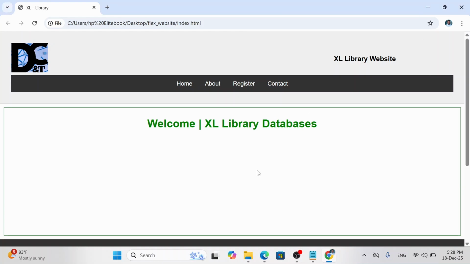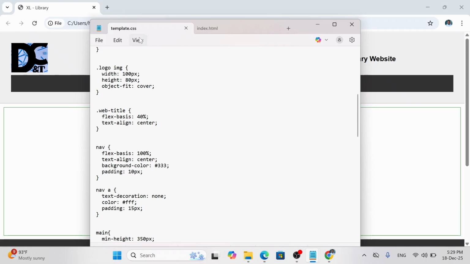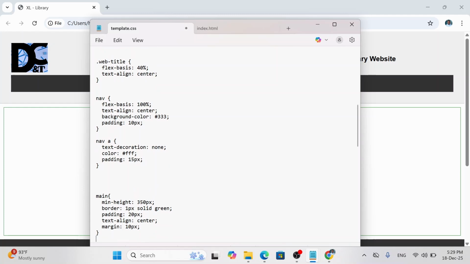So finally, what happens when I hover at each of these navigation links? That's exactly what I want to do, and I'll come to the end of this video. What happens when I hover at them? So I'll simply go to my template.css, and then this is my nav a. So I will simply type nav a:hover, and then